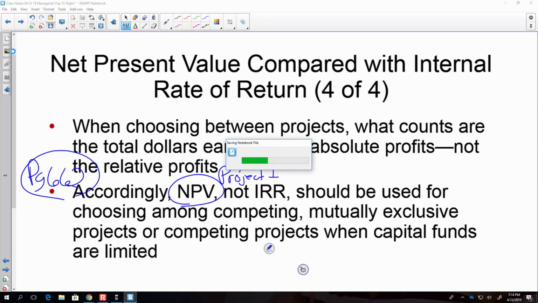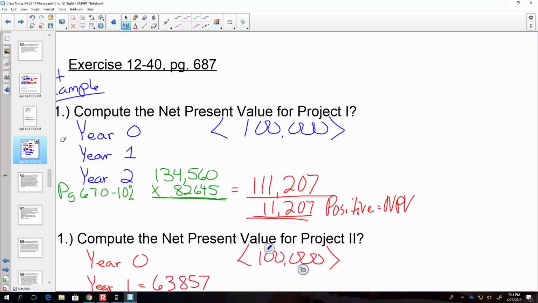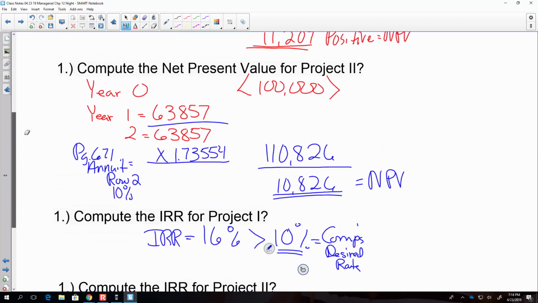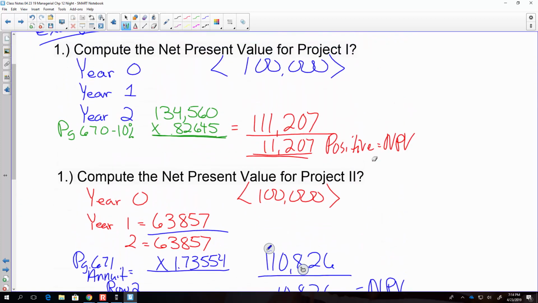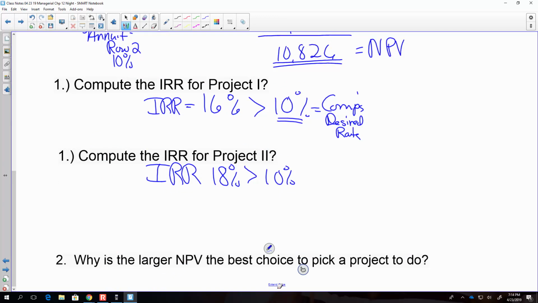And if we go to our problem, the problem we just did, problem 40, you can see that difference, guys. For project 1, the net present value is 11,000. For project 2, it's only 10. So on competing mutually exclusive projects,